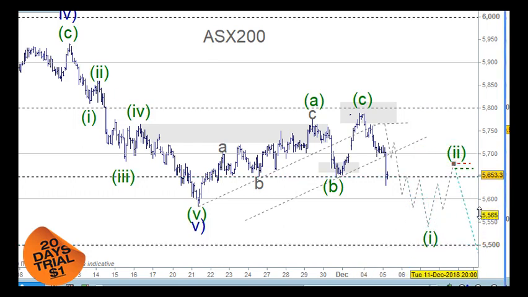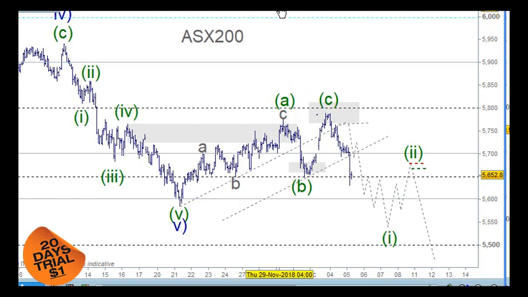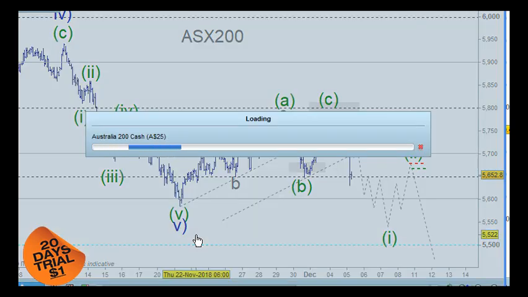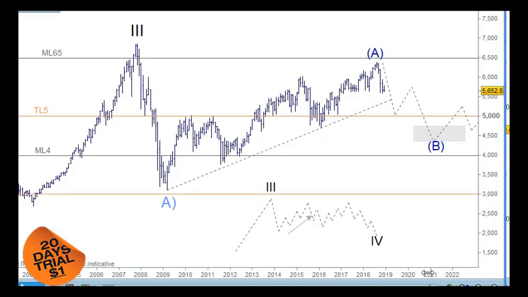So we're going to see a fair bit of activity crossing around the 5-6 here. So be careful you don't get chopped up in all of this in this space here. And then we need to look at the bigger picture of this. It's a bit of a strange bigger picture. If we go, I might just go straight to the monthly chart here.